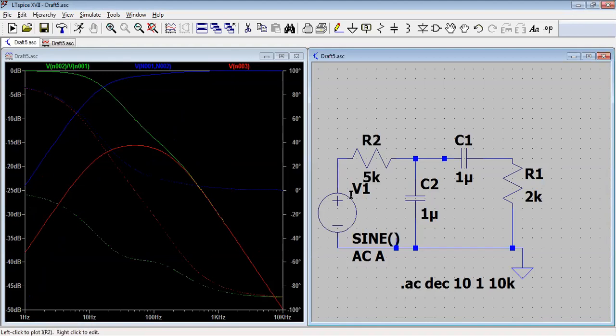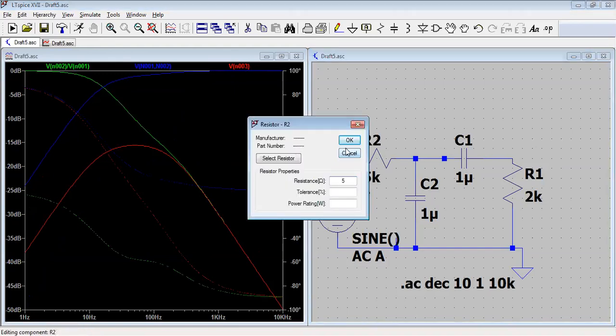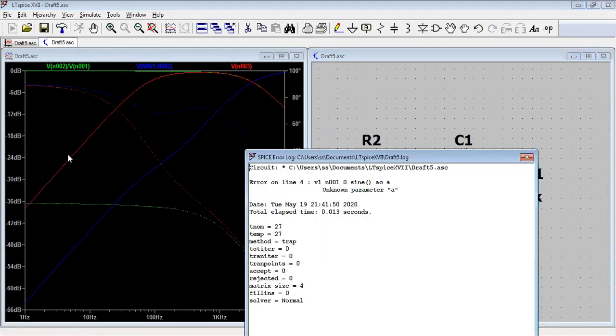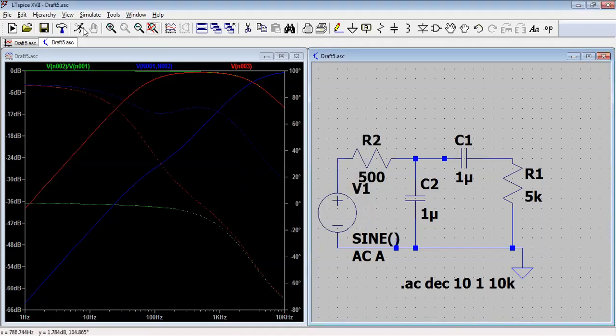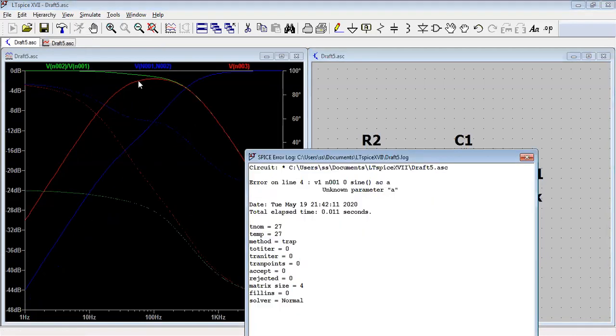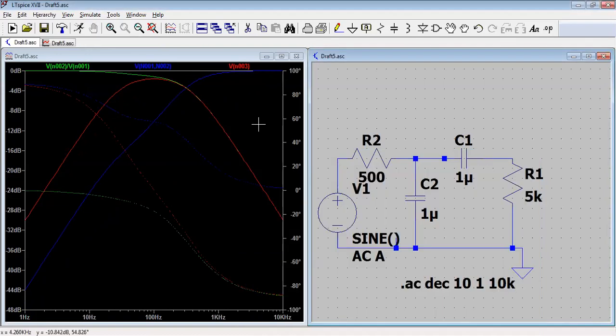So let me do one thing. Let me put these as 50 ohm only. So you can see a very nice curve. You are able to see the nice curve here. So here you can see this is the band pass filter. That band pass filter has a very nice, very smooth curve. Okay. So let me put it as 500 once again, and let me put this as 5k, and then see how it will look, and then run it. Now you are able to get a better form of your filter response.